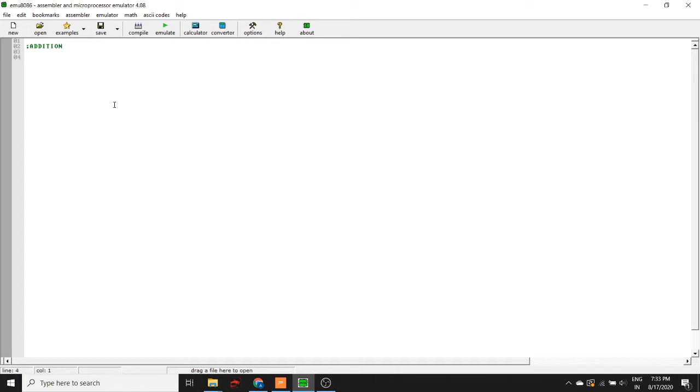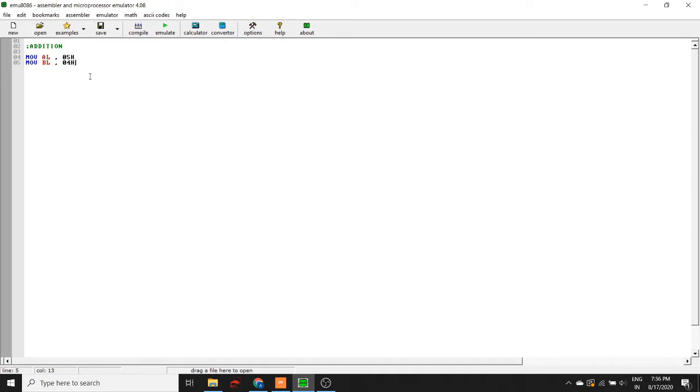The first instruction that I'm going to give is MOV AL, 05H. This will store the value 05H in our AL register. The next instruction I'm going to give is MOV BL, 04H.